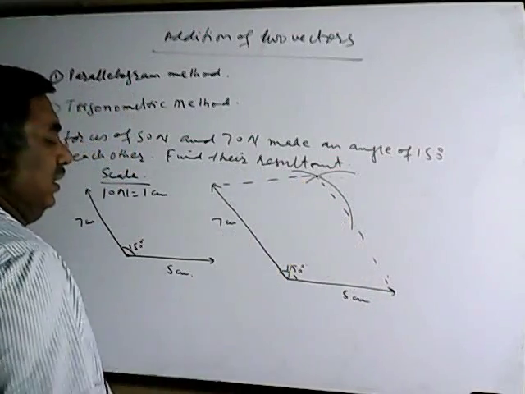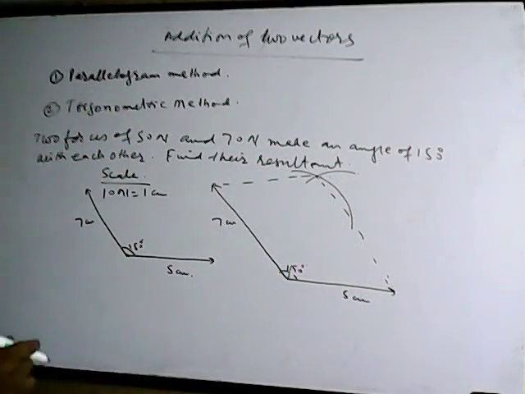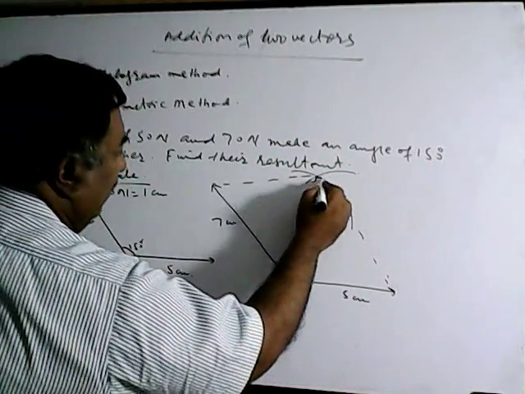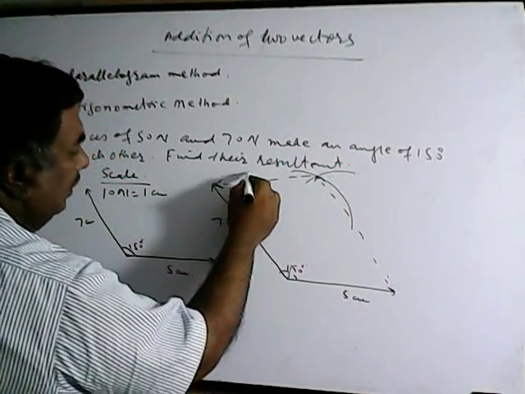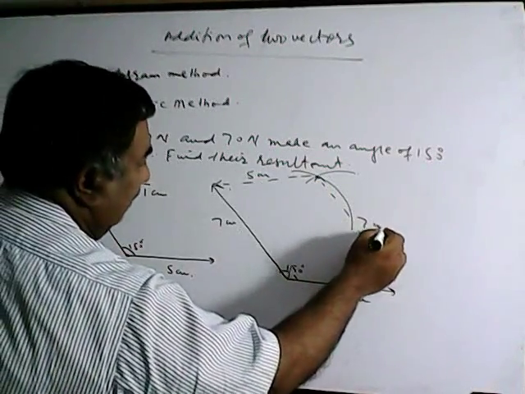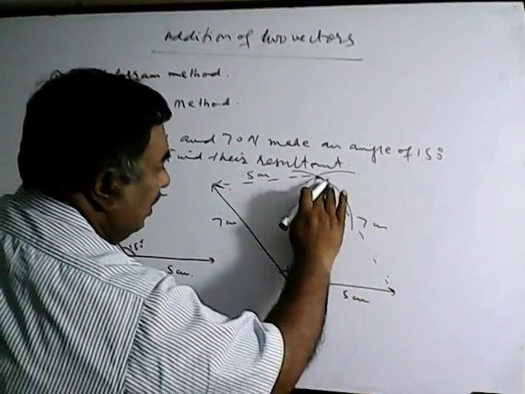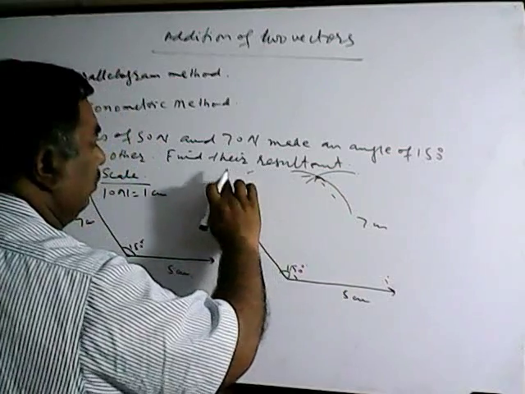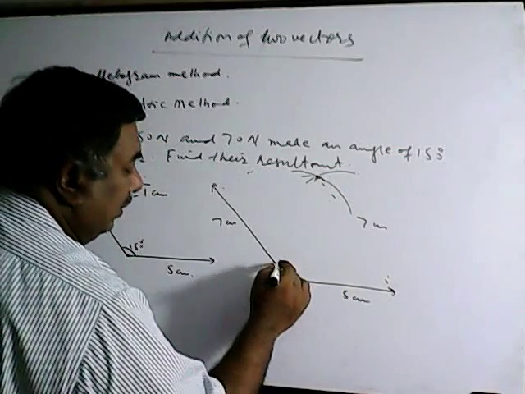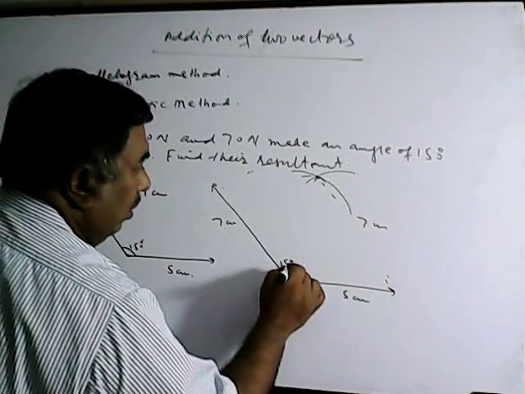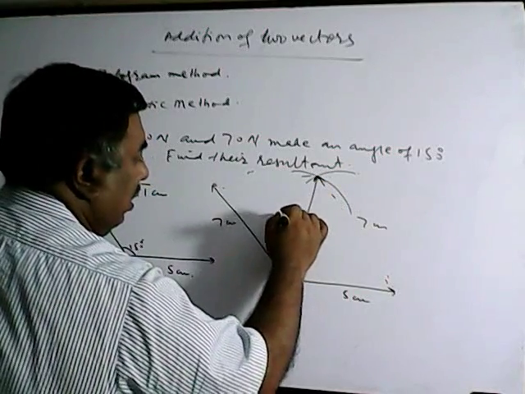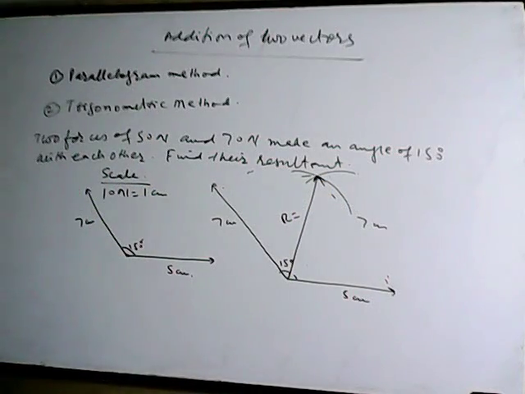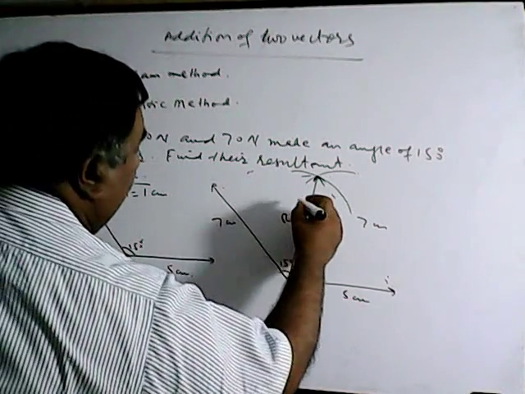I'm telling you this is just a rough sketch. You can draw it exactly, this one and this one. So clearly this is 5 centimeter, this is 7 centimeter, but this is the resultant. We are least concerned about whether you join it dotted, this is up to you. So now this was 150 degree actually, this one. Now this is the resultant R. Now if you measure this resultant R, it is coming out to be almost 3.7